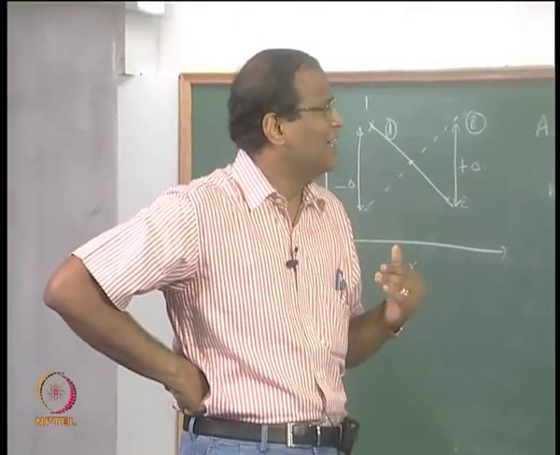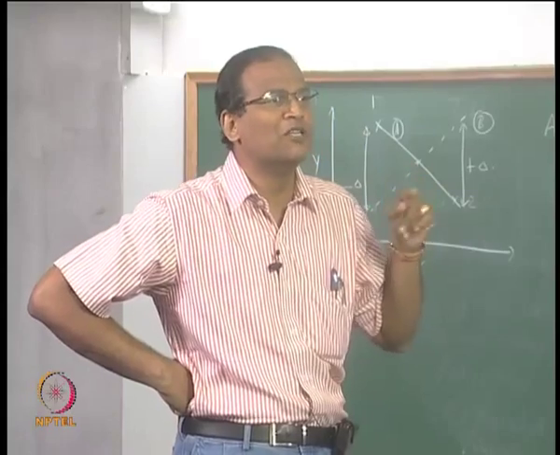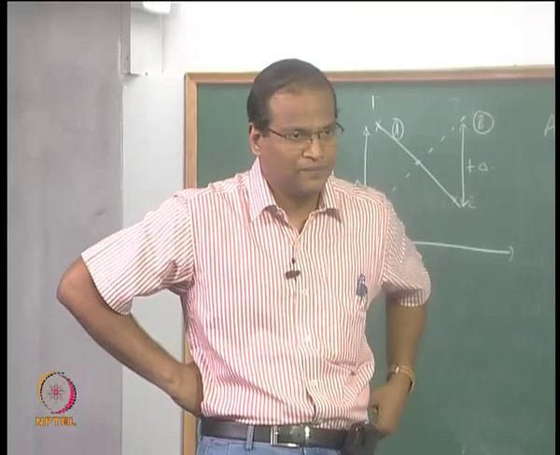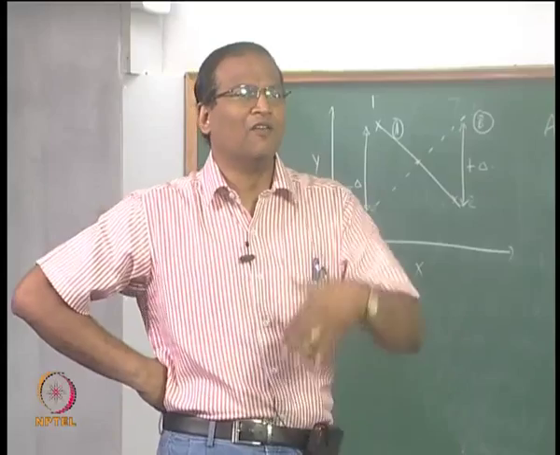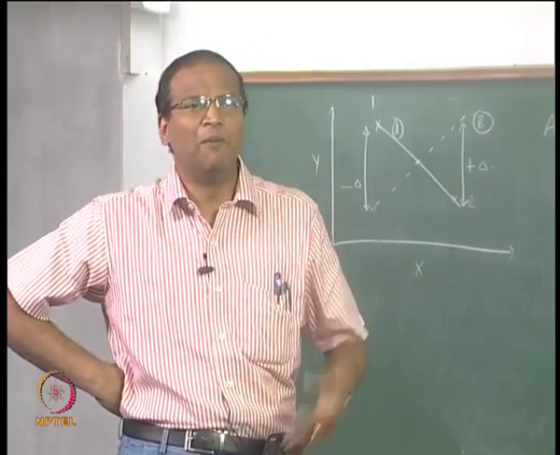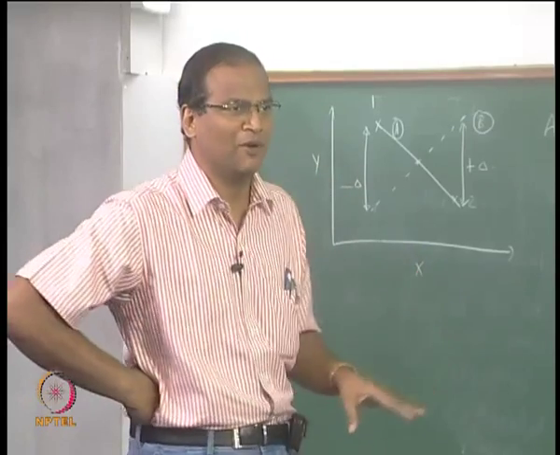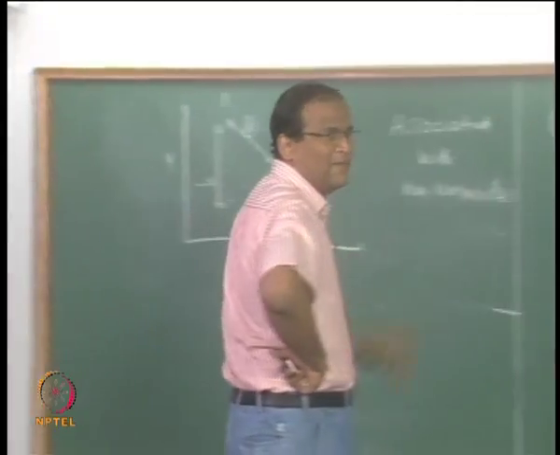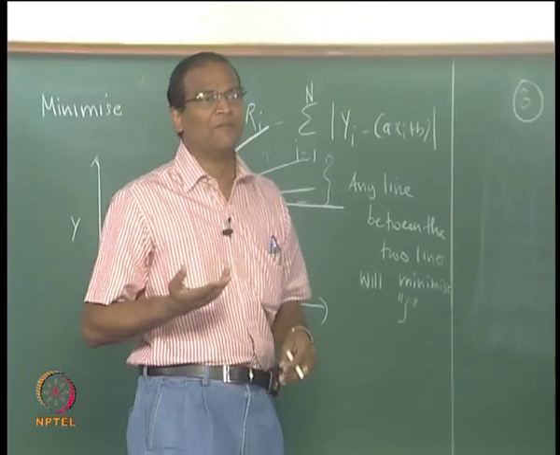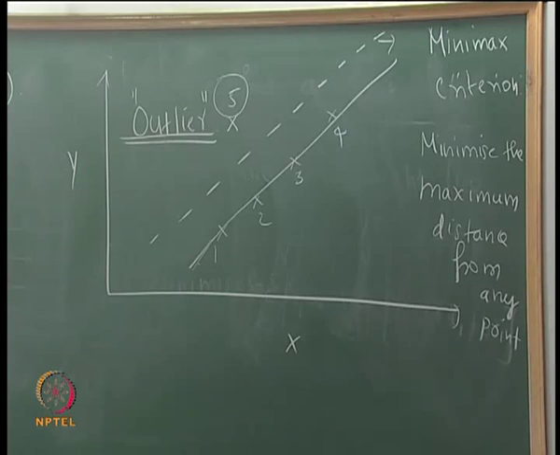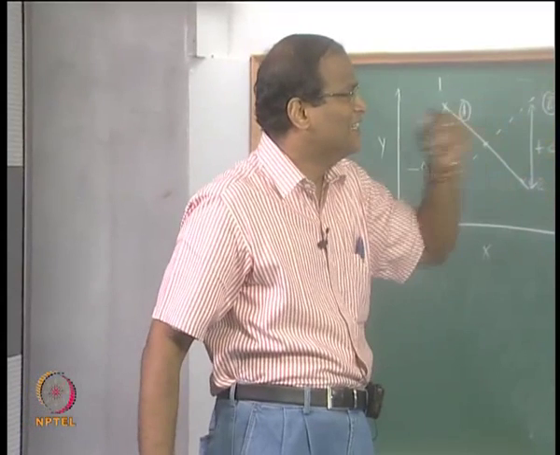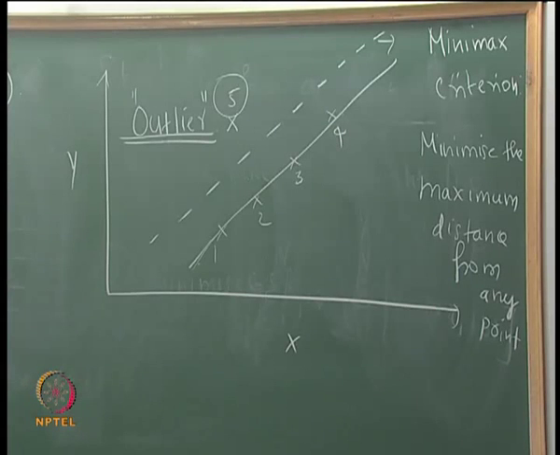So this minimax criterion unnecessarily tries to give too much importance to an outlier. It happens even in a meeting, or when you are discussing with your friends. If there are 8 people, one fellow who shouts too much, even if he is unreasonable, we will try to pacify because other people are keeping quiet. The most vocal person will be heard, though his may not be the most reasonable view. This we often see in life. So in statistics, this gives too much importance to outliers. So we do not want that.